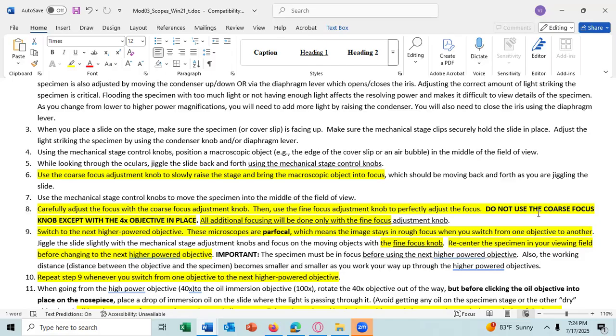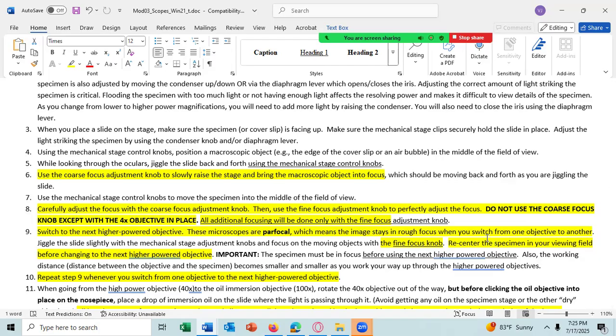So our lenses are parafocal, meaning the image should be in focus with all the lenses once it's in focus with one of the lenses. You may need to use the fine focus to bring it into fine focus, but you should not use the coarse focusing because it should be already focused.